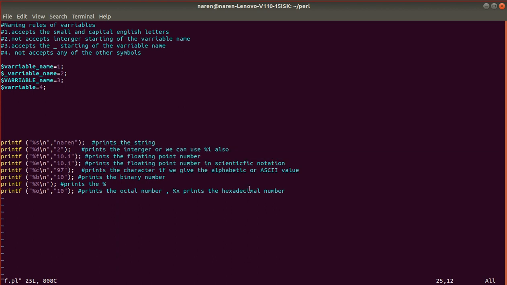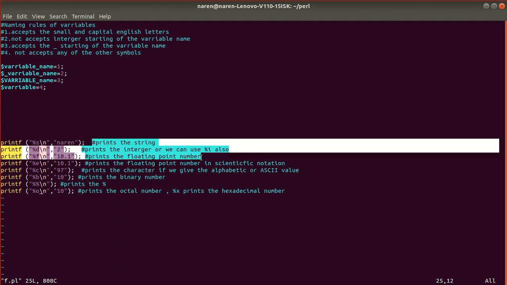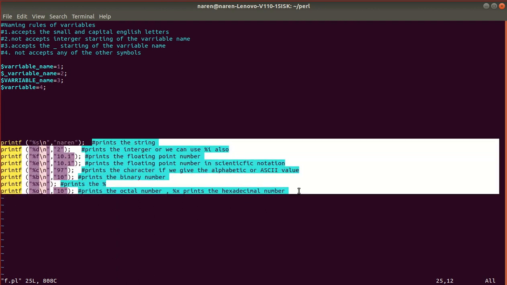Whenever someone opens this file, they can easily understand these formats by seeing these comments. So this is a good programming practice, to use comments while writing code.